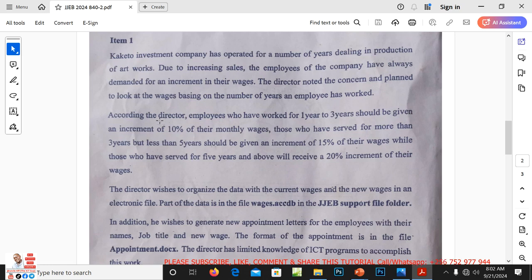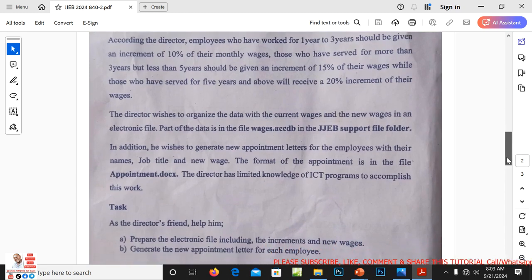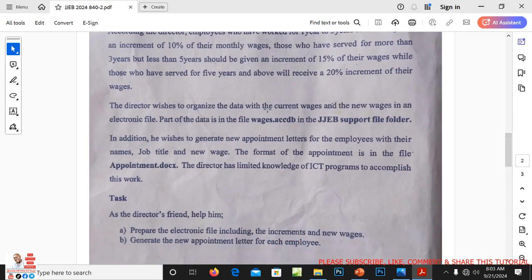According to the director, employees who have worked for 1 year to 3 years should be given an increment of 10% of their monthly wages. Those who have served for more than 3 years but less than 5 years should be given an increment of 15% of their wages, while those who have served for 5 years and above will receive a 20% increment of their wages.